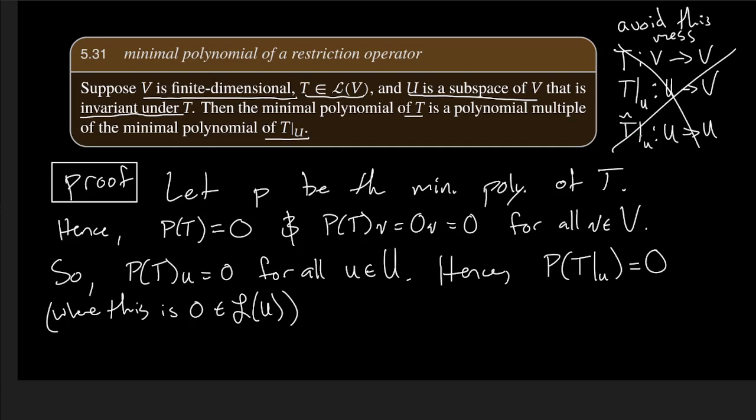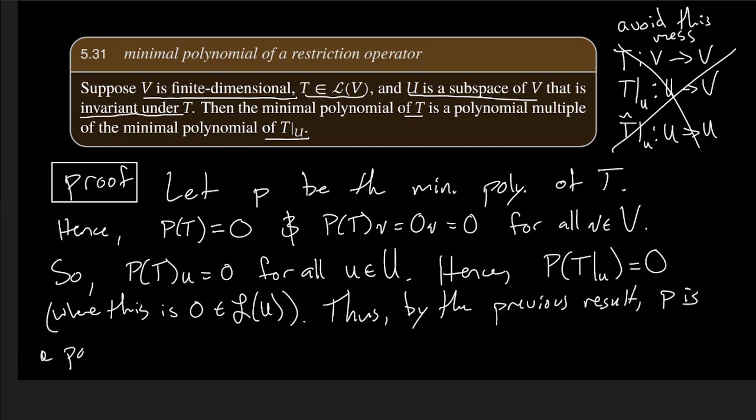All right. So if we think of this as an operator on U, then when I plug it into P, I get out the zero operator on U. Okay. Thus, by the previous result, P is a polynomial multiple of the min poly